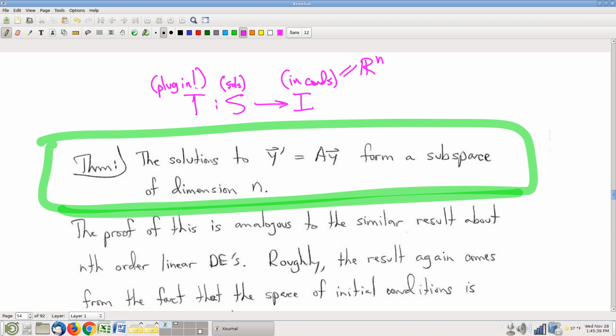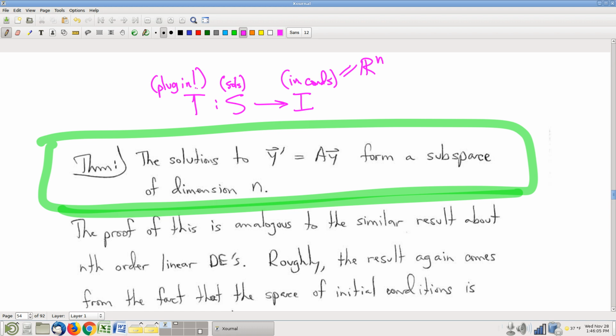That's what the linear transformation does. This function takes a solution and gives you a corresponding initial condition just by plugging in. It's not hard to check that this is a linear transformation. That's an exercise I left for you to confirm. Easy Chapter 5 problem. And furthermore, note that the existence and uniqueness theorem tells us that this linear transformation